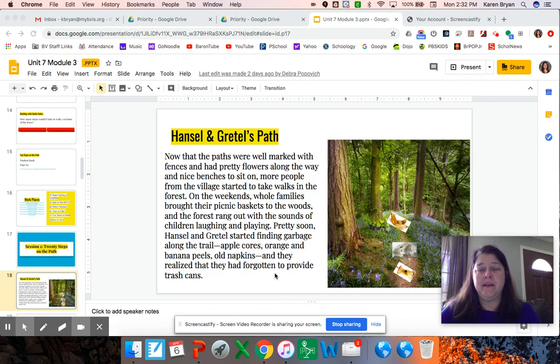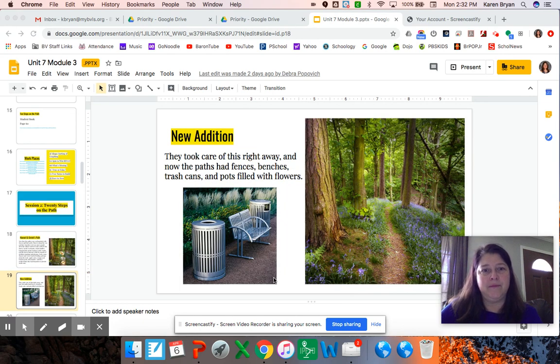Hansel and Gretel's path. Once they got it looking beautiful, lots more people started coming to the woods, and they started to bring picnic baskets in so they could have lots of fun. And the forest rang out with the sounds of children laughing and playing, but pretty soon Hansel and Gretel started finding garbage along the trail. They found apple cores, orange and banana peels, old napkins, and they realized that they had forgotten to provide trash cans. So they took care of it right away, and now the paths have fences, benches, trash cans, and pots